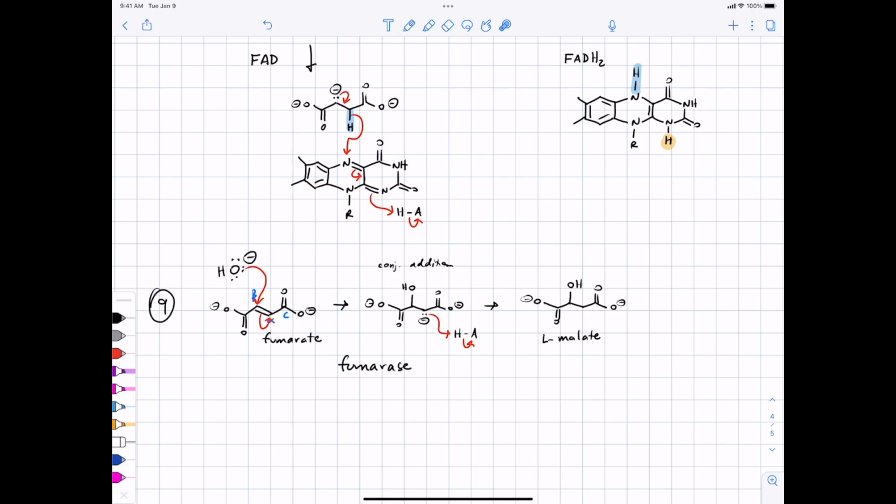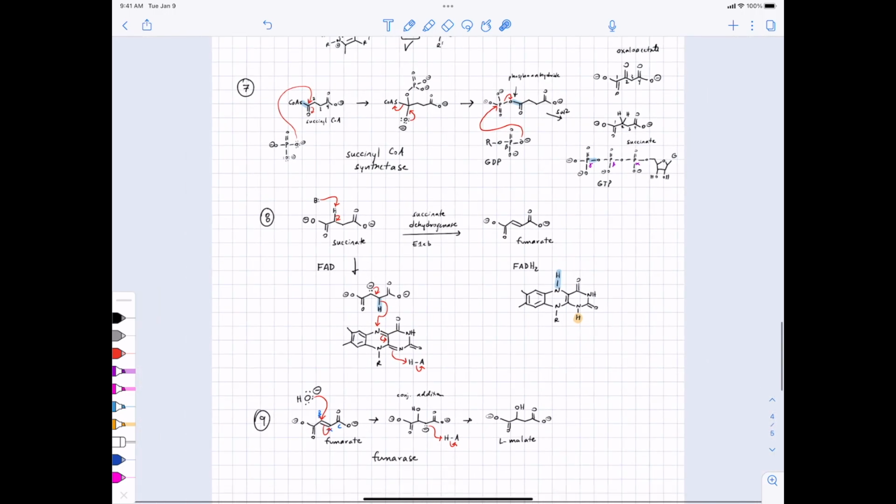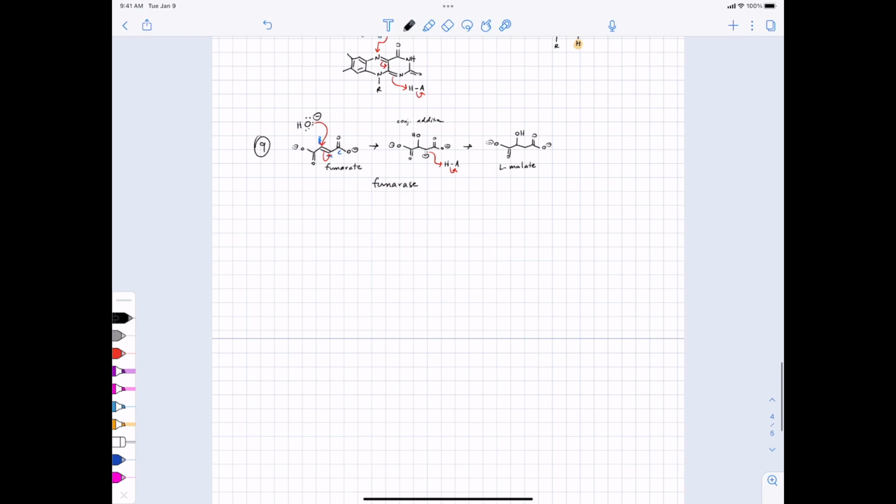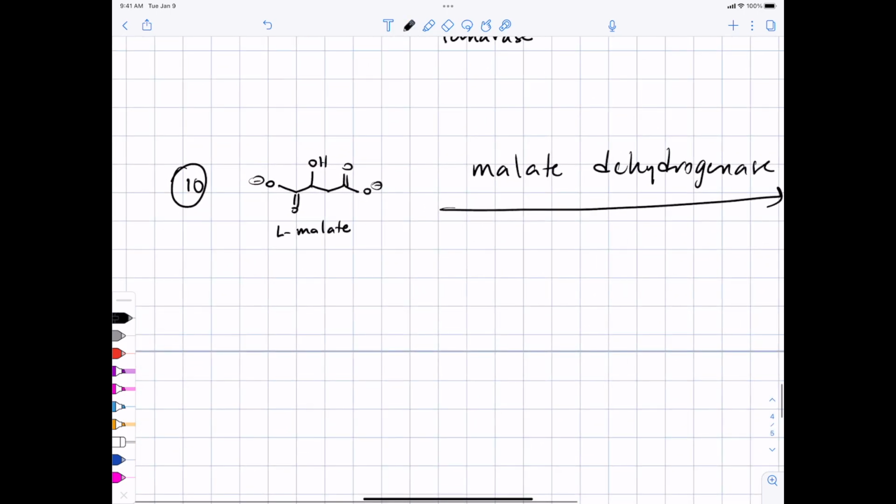All right, and then lastly, remember we need to get to oxaloacetate. That's an alcohol to a ketone. So step 10 is just exactly what you would predict. This enzyme is called malate dehydrogenase, and it involves taking malate and NAD+,